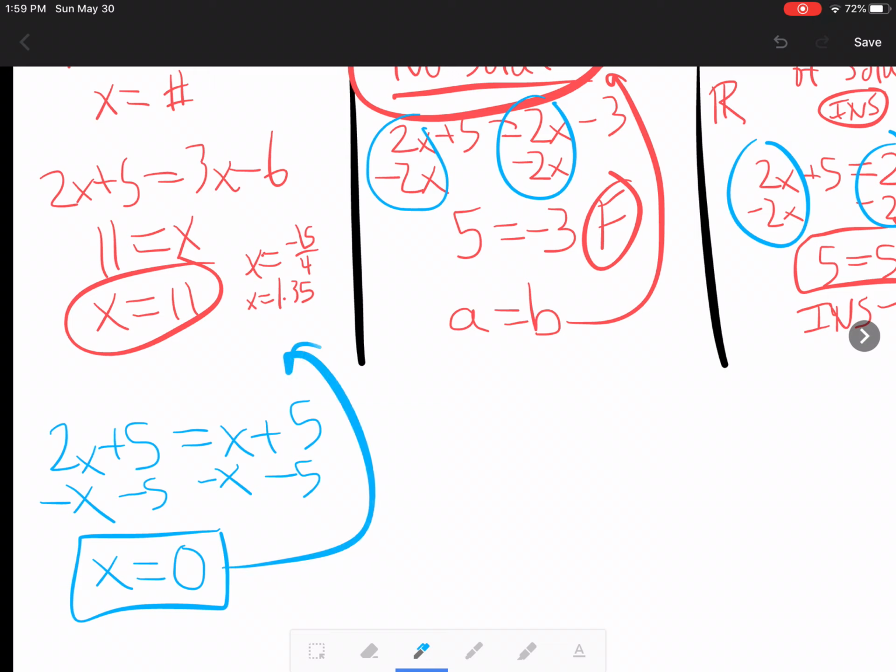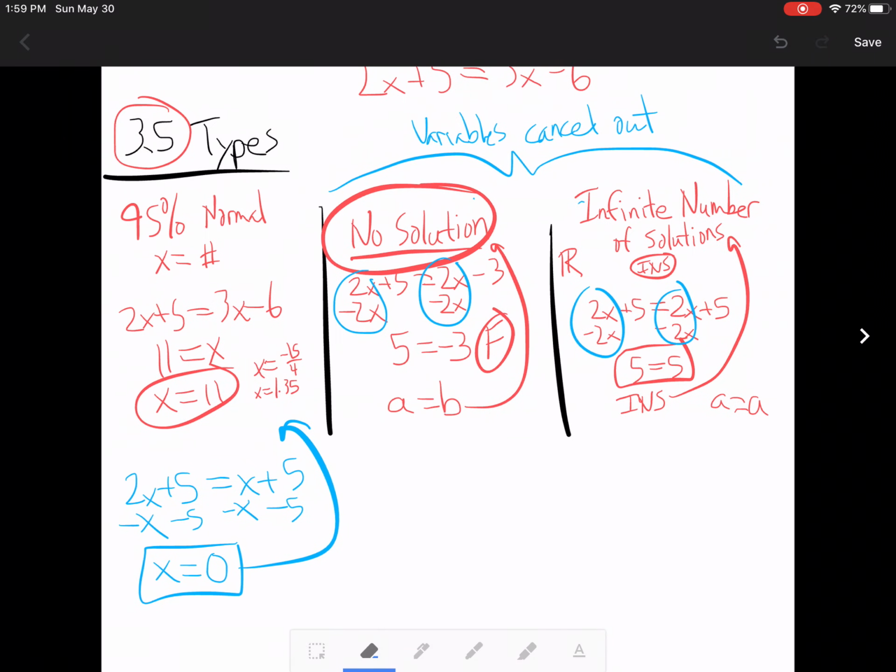This is normal. It's no different than x equals 11. But since it tends to look very familiar to things that are happening over here, students think, oh, this is a special case. I hate to break it to you, but this is not special. This is normal. Only when the variables cancel out do we have that no solution or infinite number of solutions as